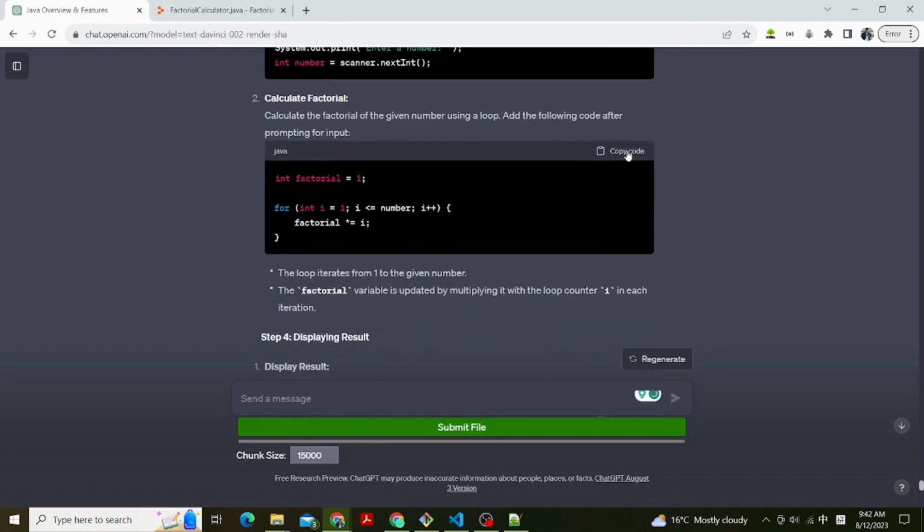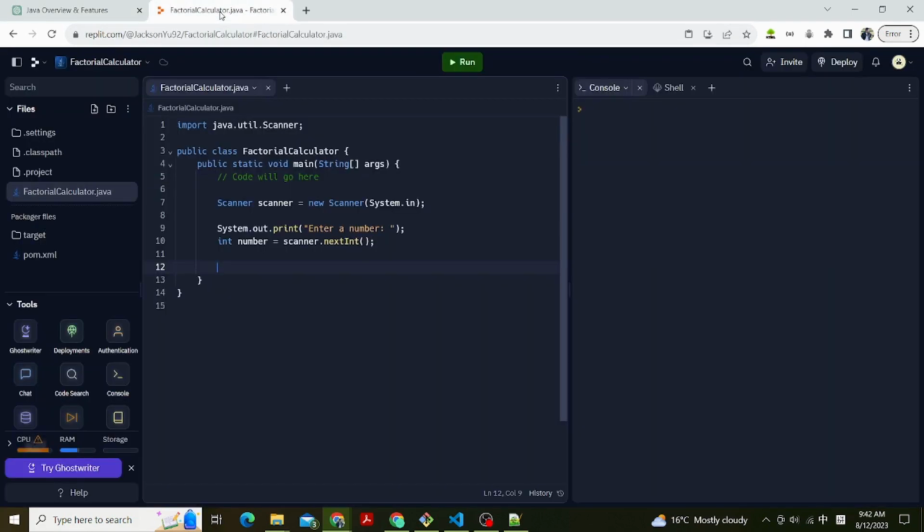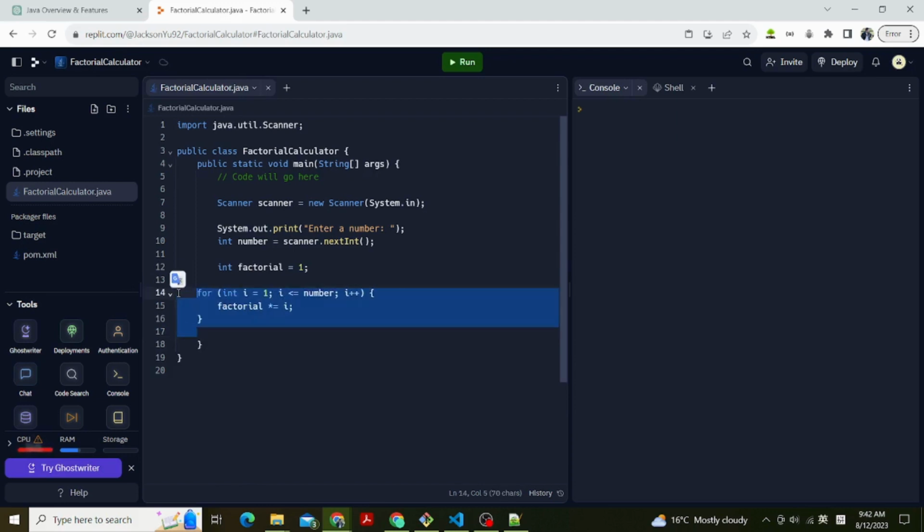Step 4, displaying result. Display the calculated factorial to the user. Add the following code after calculating the factorial. System.out.println("Factorial of " + number + " is " + factorial);